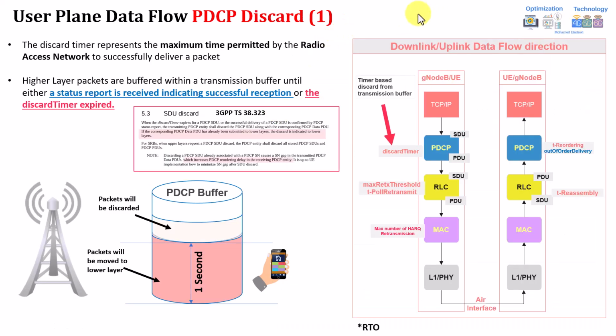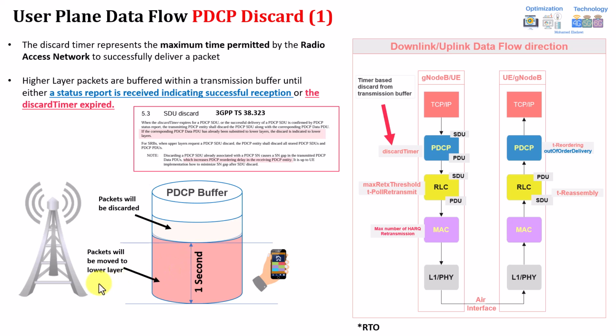So the first thing I would like to discuss, if you remember the first function we mentioned, is the PDCP buffer. Once the packet is received from TCP/IP or from the upper layer in general towards the PDCP, assuming it can be downlink or uplink direction, both are the same, once the packet is received at the buffer, there will be a timer associated with each packet called the discard timer, from the gNB side or from the UE side. This can be configured for both of them, but you can check it from the drive test or layer 3 for uplink only. Downlink is already configured at the gNB side, and this is part of what they call flow control from the gNB especially. So once the packet arrives, it will start this timer.